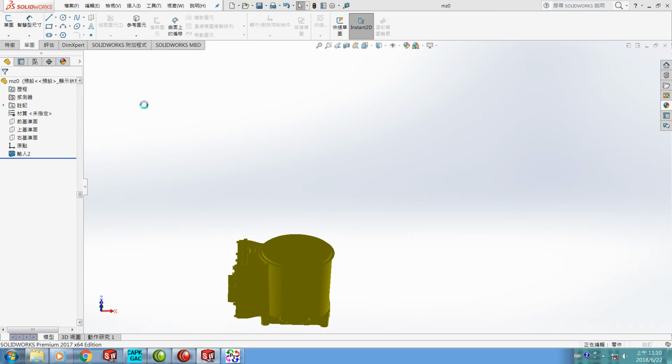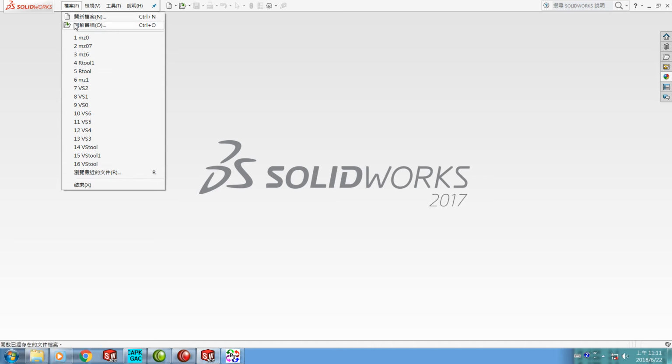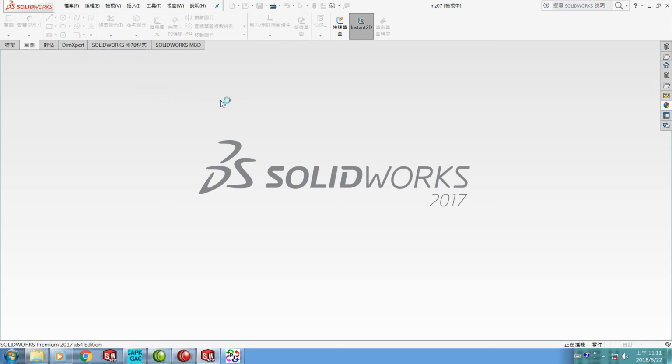How to do the next one? We have to clean the screen first. How to clean the screen? We close the file. The system will be cleaned automatically. Then we open the whole robot mechanism just to see here MZ07. Press the left button of the mouse to open the whole